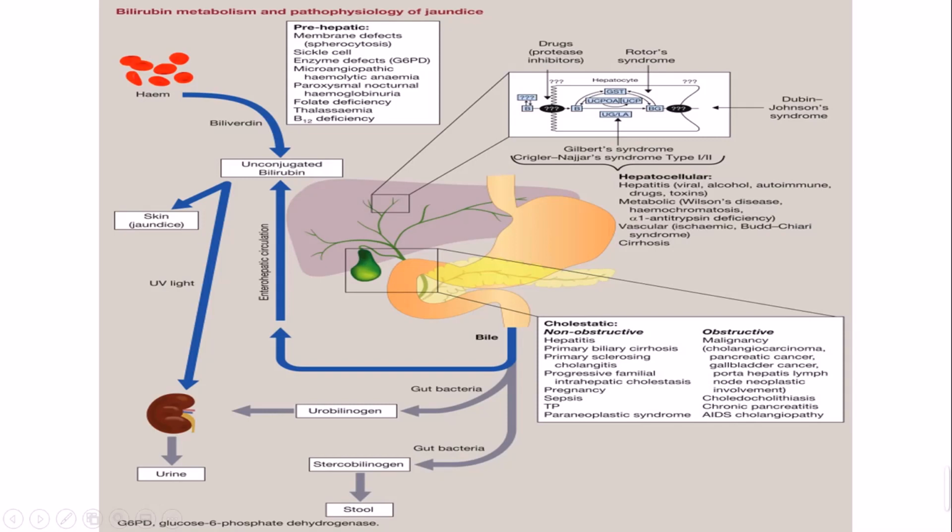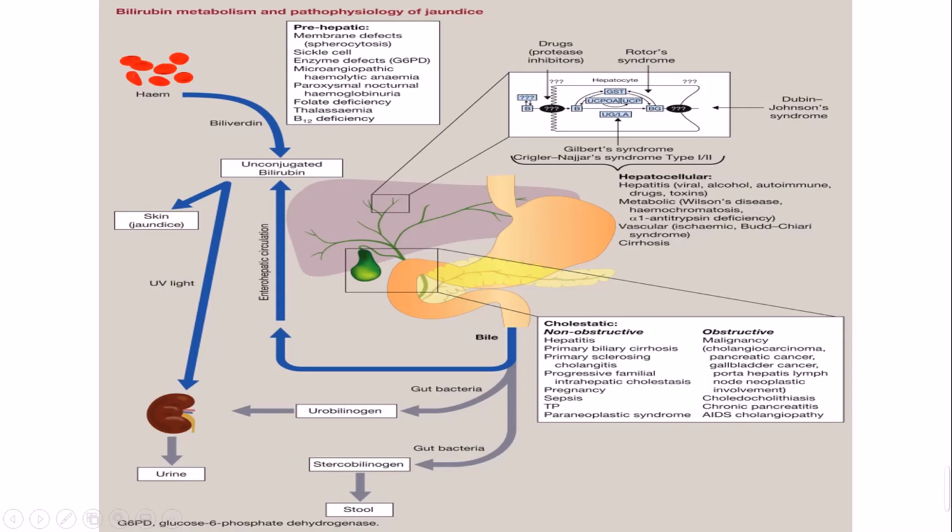Okay, so this is your hemoglobin, the part of blood which is heme. This will be broken down and converted into unconjugated bilirubin, and also your bile duct secretes bile which will turn into unconjugated bilirubin. Once this unconjugated bilirubin stays in your blood and does not get excreted out of the body, it will ultimately show upon your skin. This will give your skin a yellow tinge discoloration.